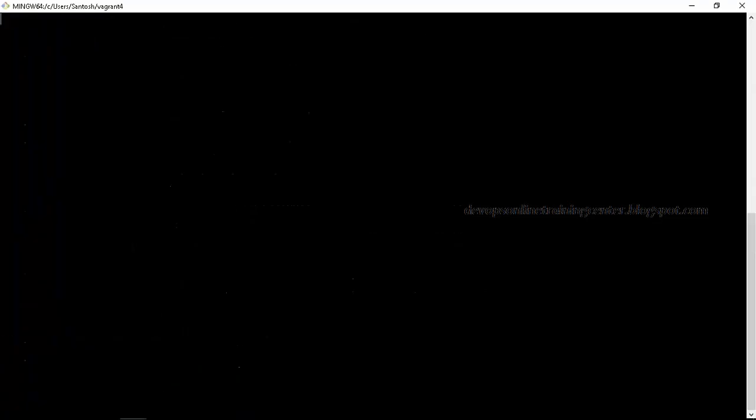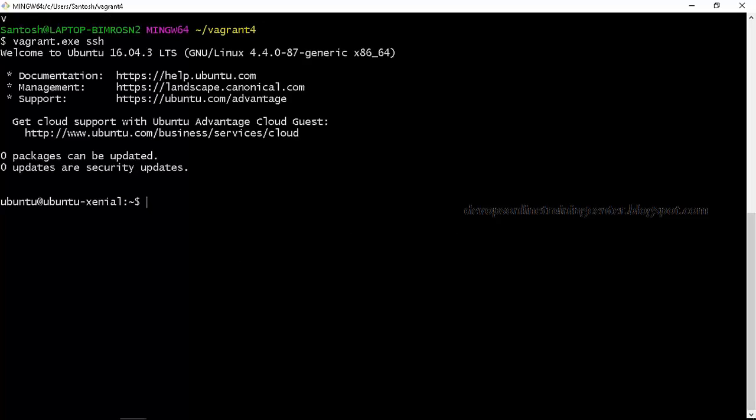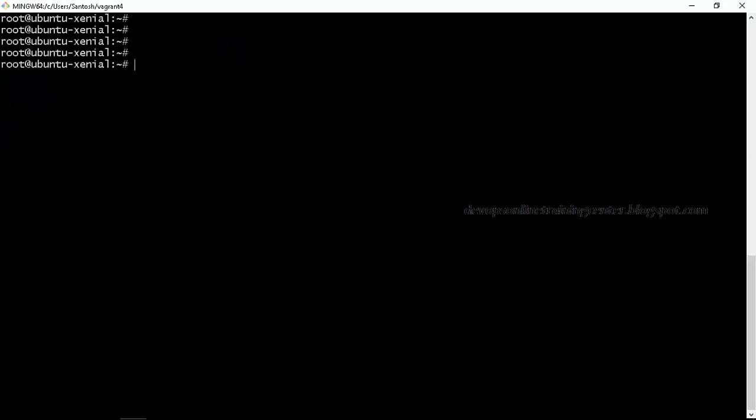Okay, our machine is up. So I'll say vagrant ssh, that will log into the Vagrant machine. So this is the Ubuntu machine. And if I do sudo su -, this will log in as root. By default, you will be logged in as the ubuntu user. If you want to log in as root, sudo su -. So this is like super user. It will log in as root. Right? Now, how do I check the Linux version?